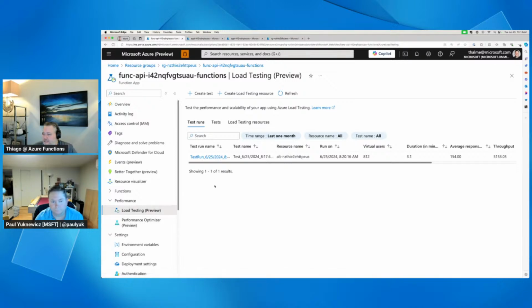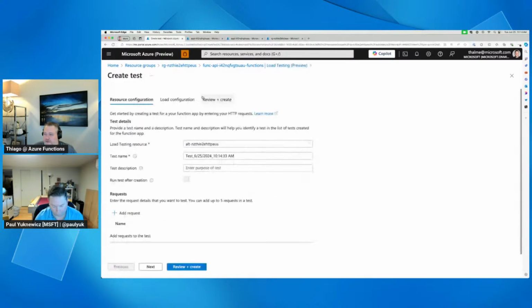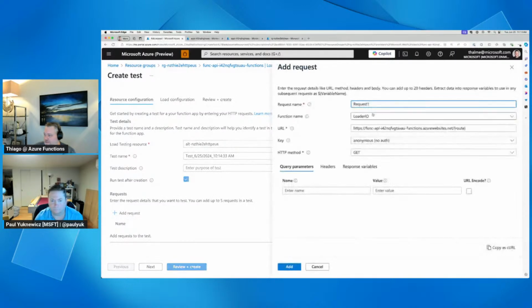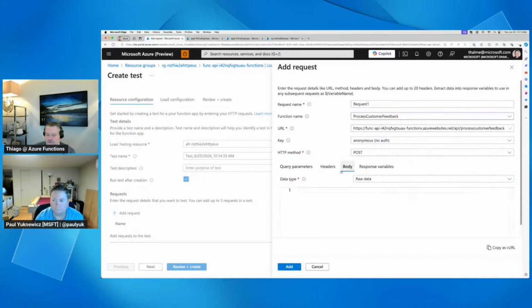Before load testing here, if you don't have an Azure Load Testing instance, it'll ask you to create one, and then you can just create a test. The only thing to keep in mind for this is that it's all HTTP based requests. So let's add a couple of requests here. The process customer feedback is the function that I want to test.